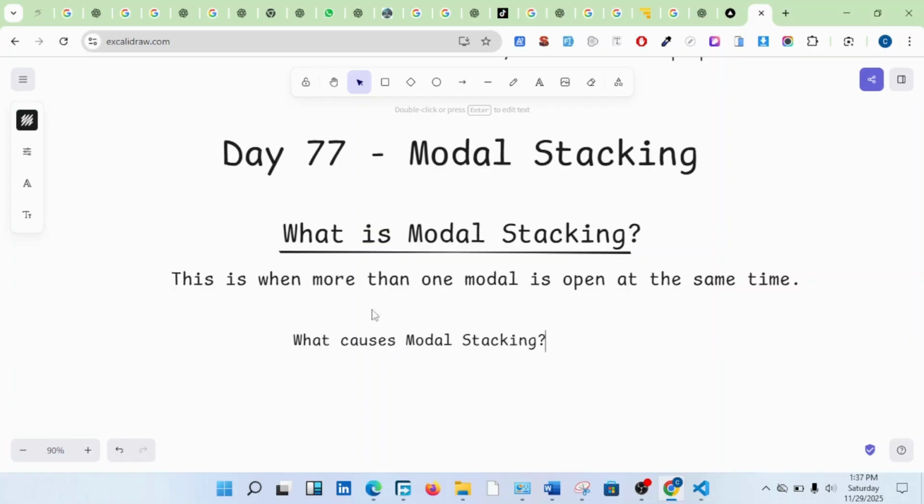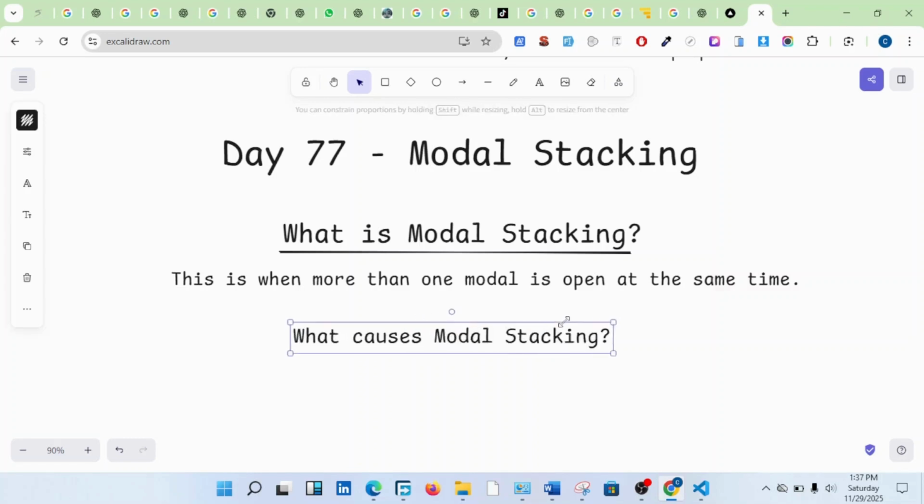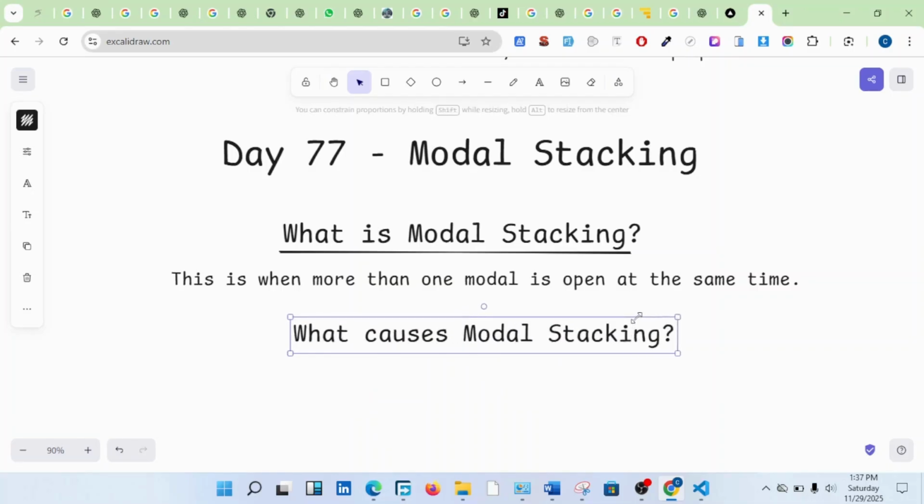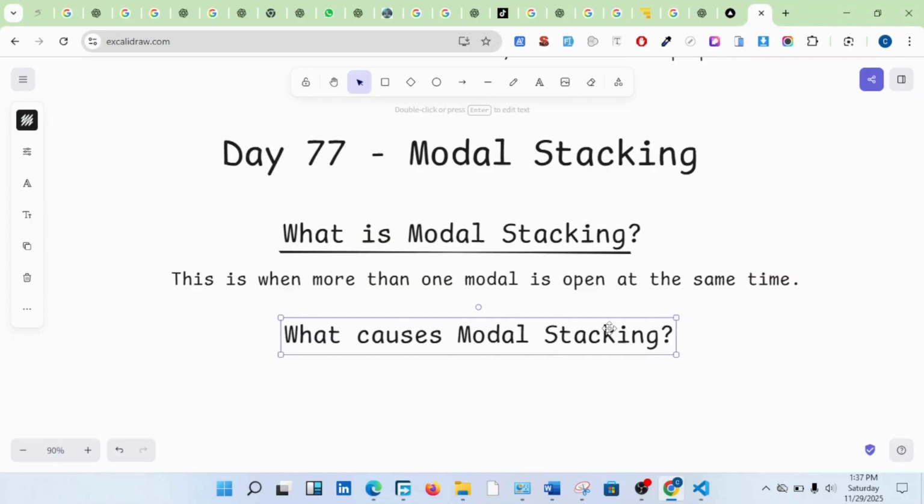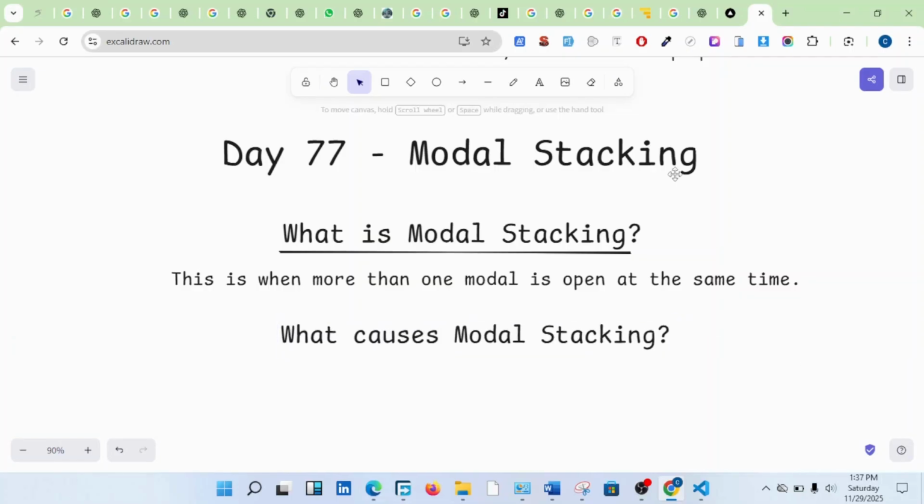What causes model stacking? Someone wants to know what causes model stacking. Because someone doesn't know. As a good developer, you have to know all these things. You can't just say I am a full stack developer, but you don't even know what happens where and what causes what. Okay, so this one happens when